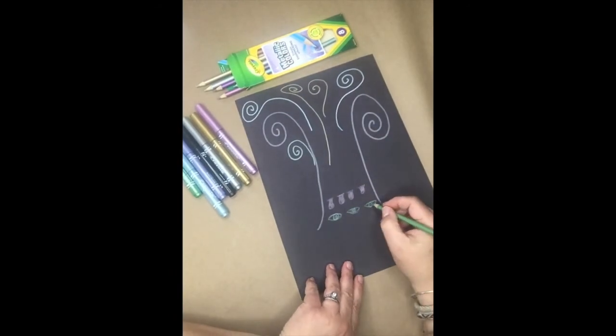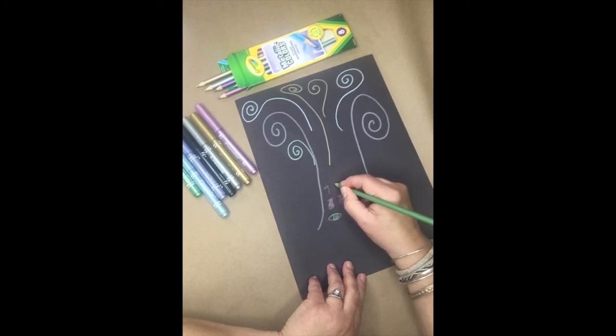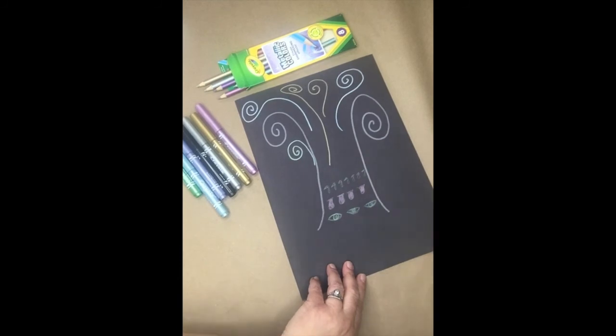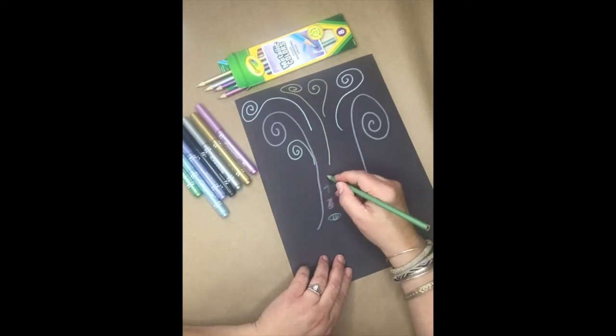All right, so we've got eyes, we've got pots. Another thing we see sometimes in hieroglyphics, it almost looks like a little bird. So it's kind of like the body of a bird, and then it has that beak sticking out. All right, let me see, what else would be fun? I think maybe now I'm going to do my repeating pattern. So maybe I'll do